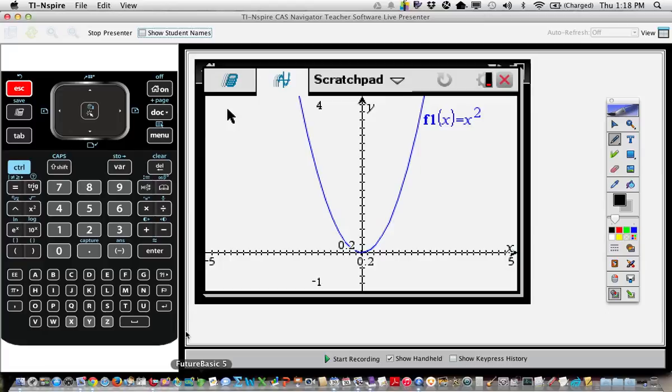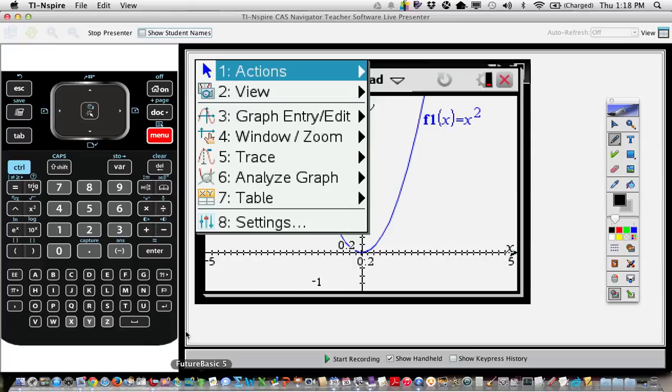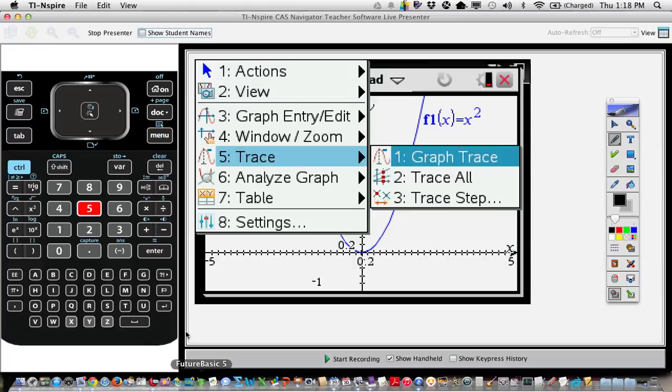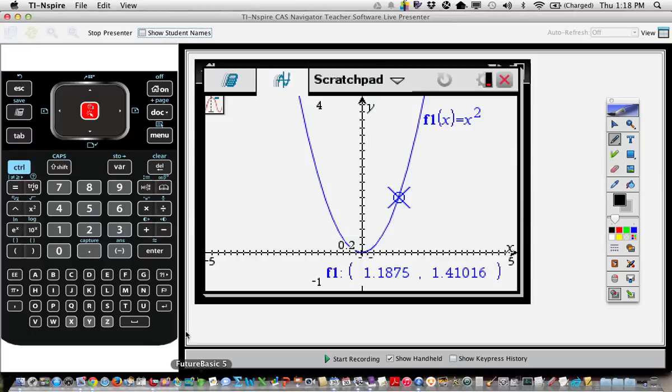Now let's trace at 1. A little bit of a trick: if you want a point to stay on a graph while you work with it, you can hit enter twice here. So if we go to graph trace and type in a 1 and hit enter, now hit enter again, and it'll actually stick that point there, and that point will stay on our graph. What we're going to do here is zoom in like that problem we did yesterday. So go ahead to your menu